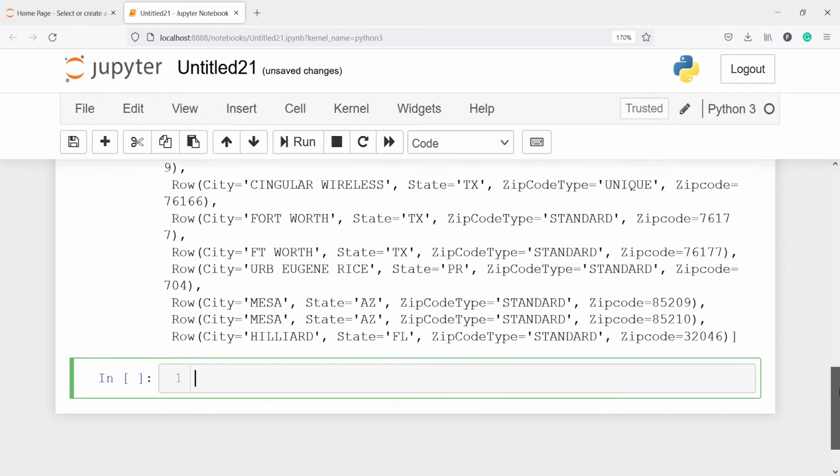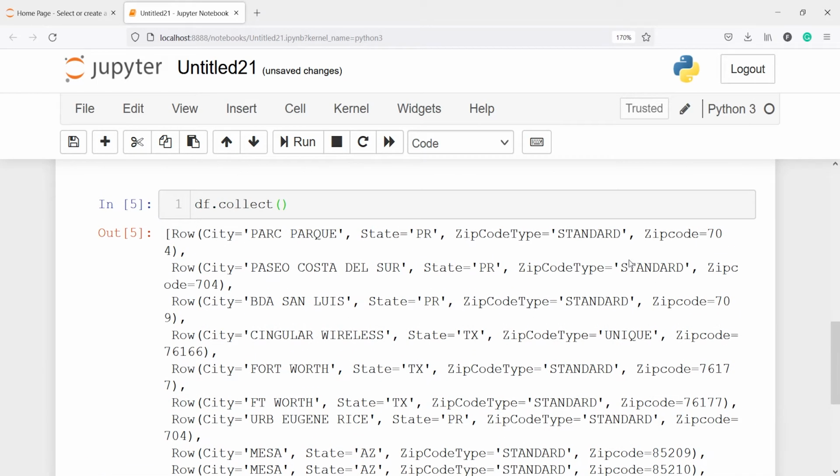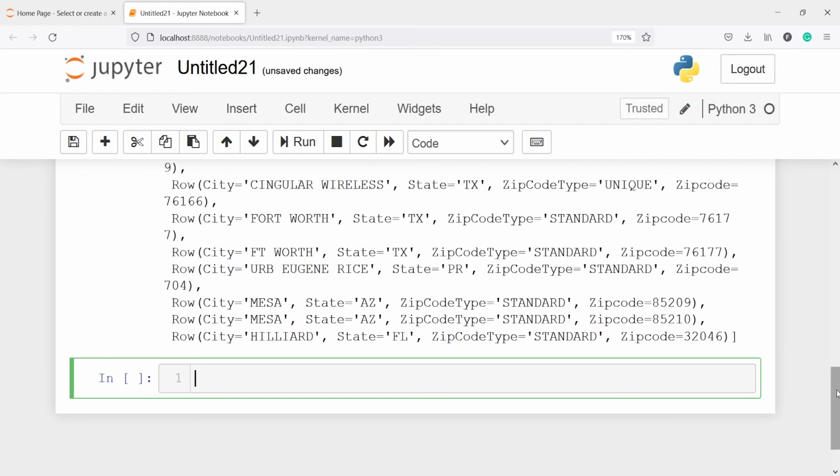The next method is take. It will return records as a list of row objects, but here you can define the number of records you want to see. So when I call this collect method, it gave me all the records, but using the method take, I can limit the number of records that I want to see. So I will write df.take.